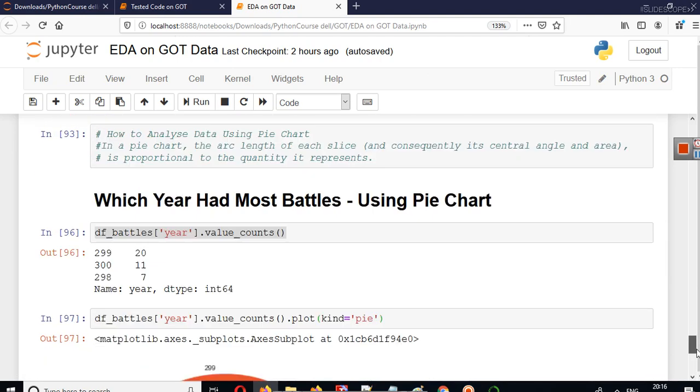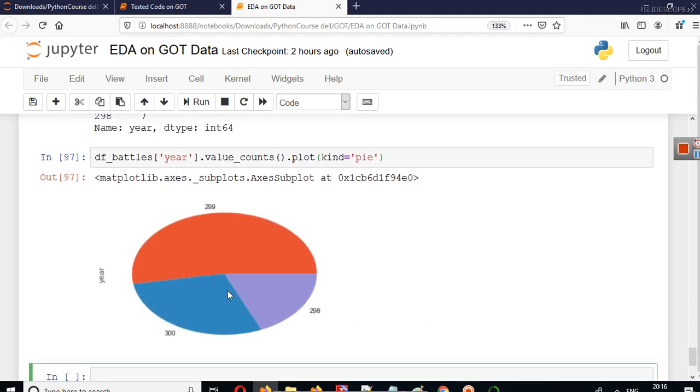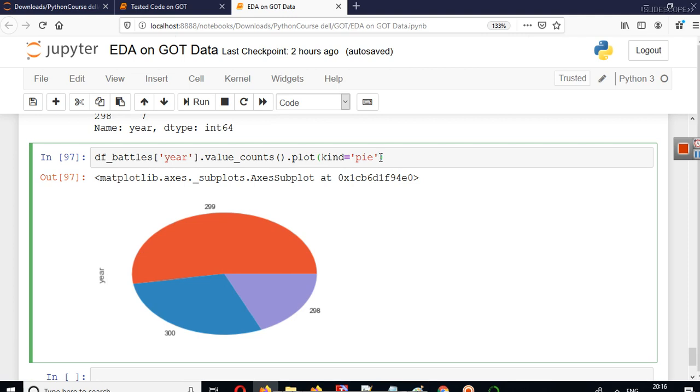Now this pie chart is not looking perfect right now. It is looking oval shaped. To make this pie chart circular, we have another parameter in this plot method, and that parameter is called figsize. In figsize you have to use a list, and a list can be created using square brackets.